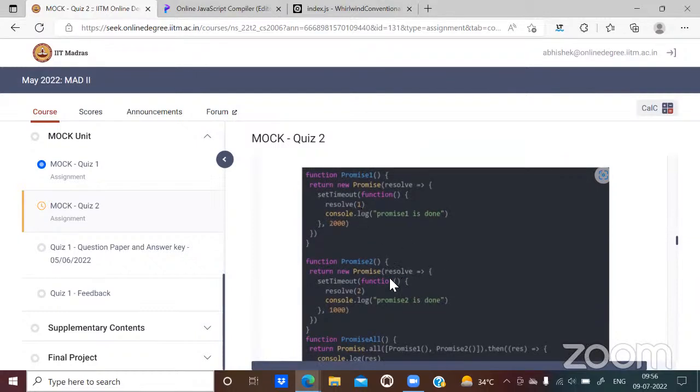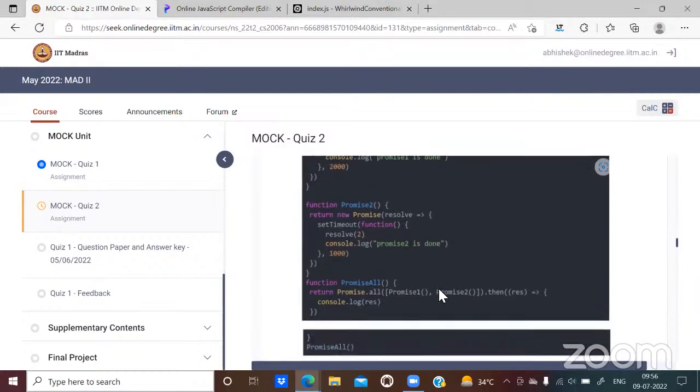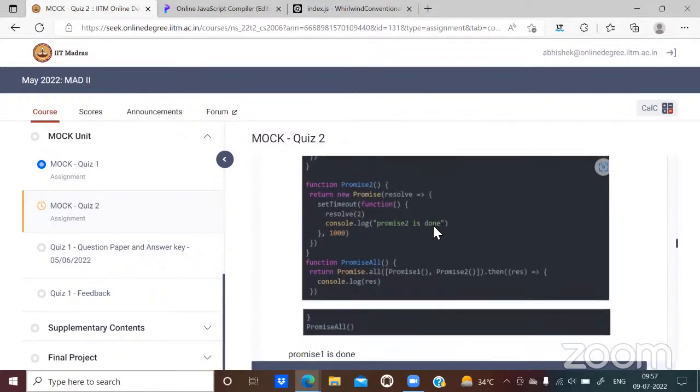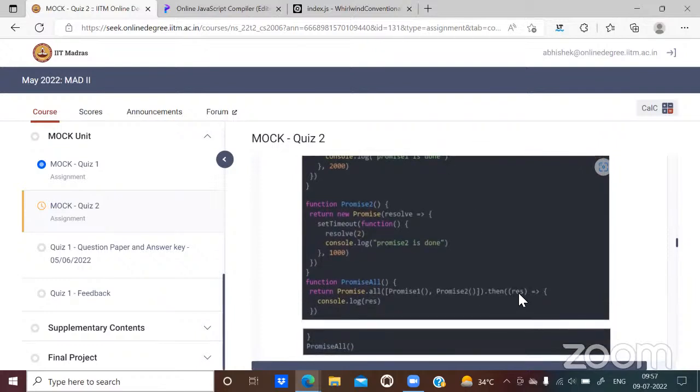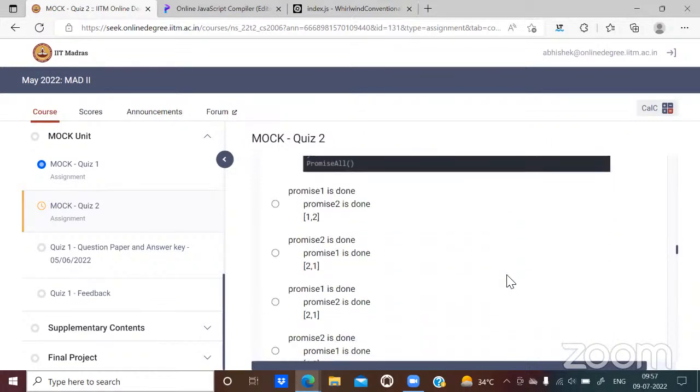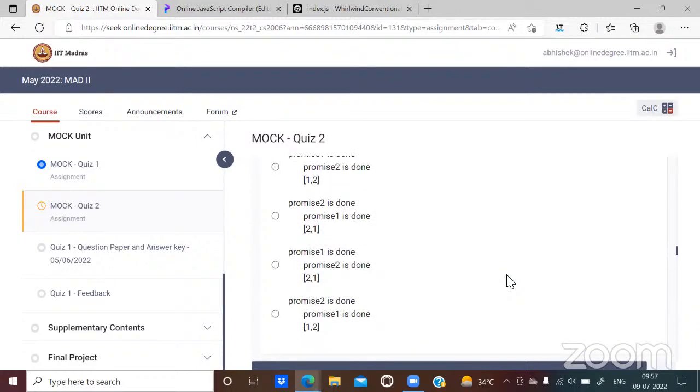It is 1. What is returned by promise 2? It is 2. So according to this program, the output should be "promise 2 is done, promise 1 is done", and after that this res should be a list consisting of 2 elements. The first element is 1, the second element is 2. So the fourth option should be the correct option.